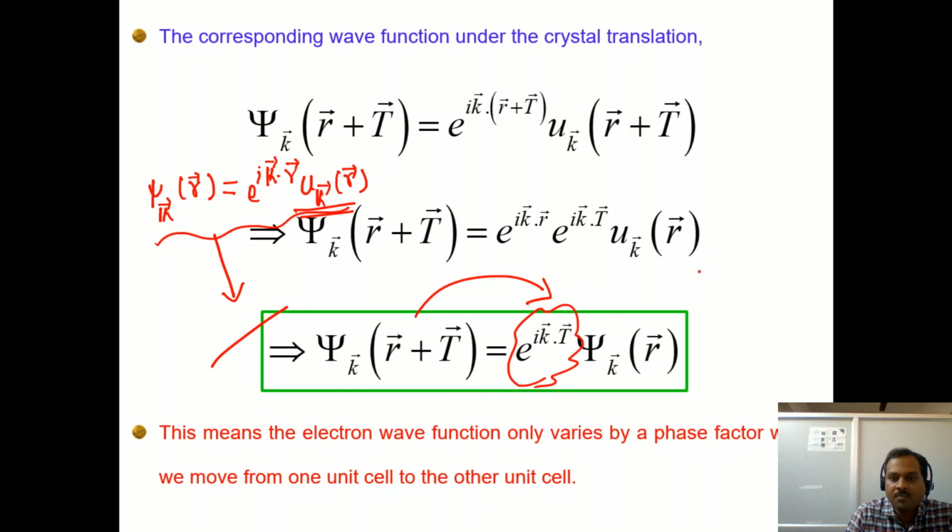And for some special values of this wave vector k, that means when it is a reciprocal space lattice vector G, this periodicity is maintained. That means psi_k(r+T) is equal to psi_k(r) for some special values of this wave vector G,